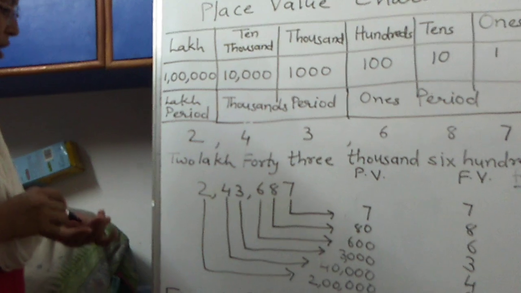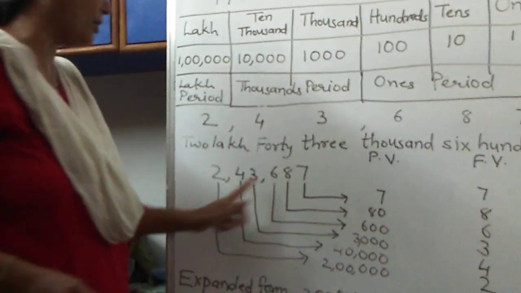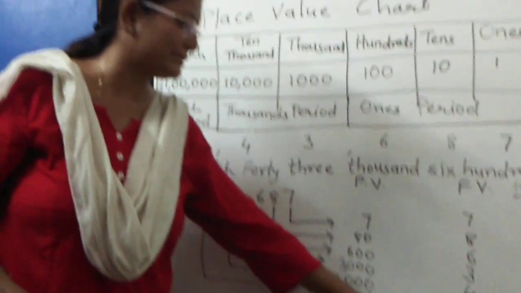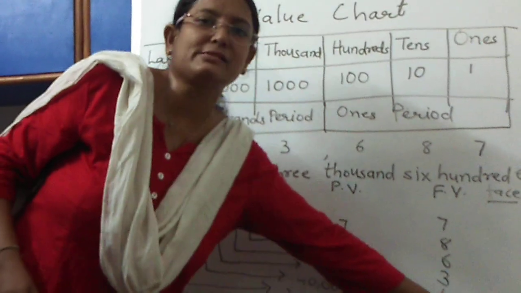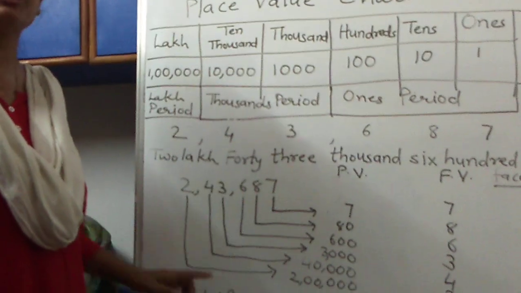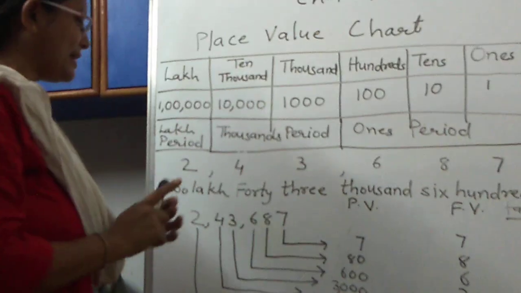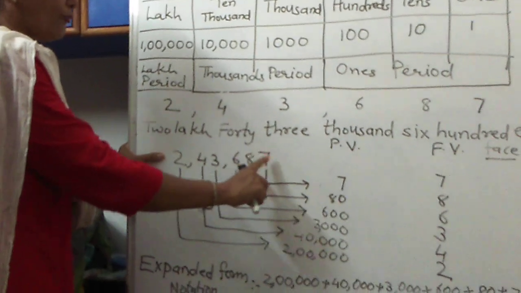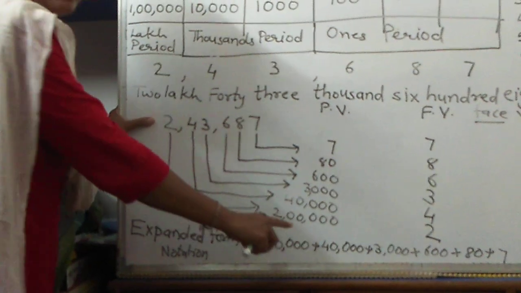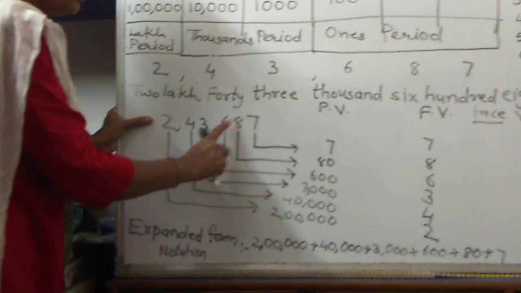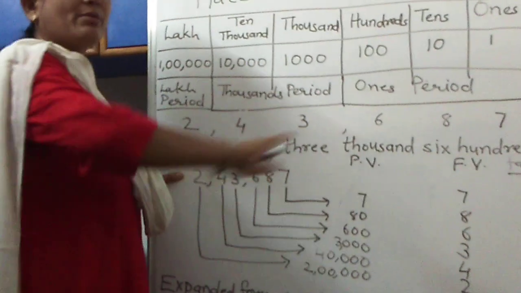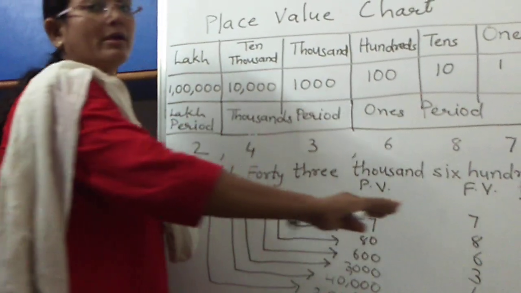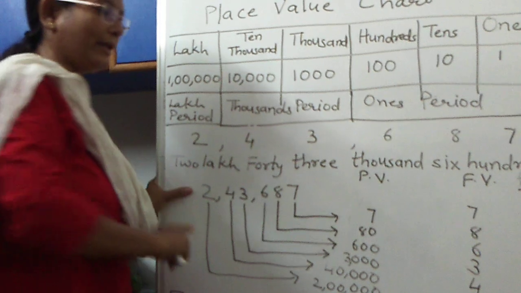Right. This is called the expanded form of the given number. 2 lakh plus 40,000 plus 3,000 plus 600 plus 80 plus 7. Right. This is called the expanded notation or expanded form of the given number. To remember this, one more technique is to write 2 first, then count the number of digits: 1, 2, 3, 4, 5, and write down 1, 2, 3, 4, 5 there. Same way plus 4, 1, 2, 3, 4, and write 4, 1, 2, 3, 4. Means the number you have to write, and then whatever number of digits are there, instead of those digits you have to keep 0, and then you write it.